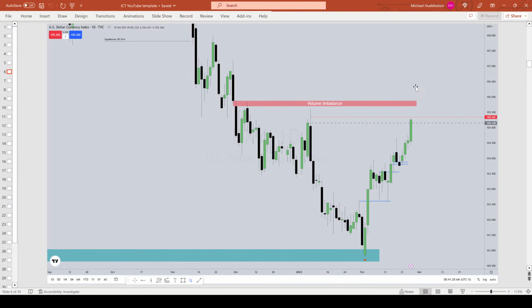So our next objective is that 105.341 level. And then beyond that, we have the wick's high here. So if it's going to go to this level here and go to this wick high, if it's going just to run above this old high and run above this old high here, doesn't it make sense for the candles to eventually gravitate into that shaded area, which is, again, that volume imbalance? Makes perfect sense, doesn't it?